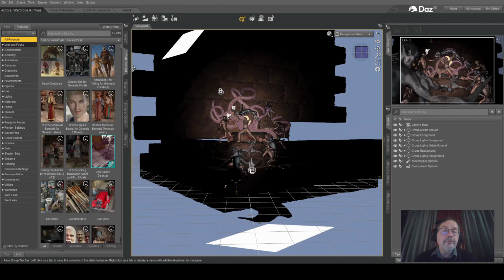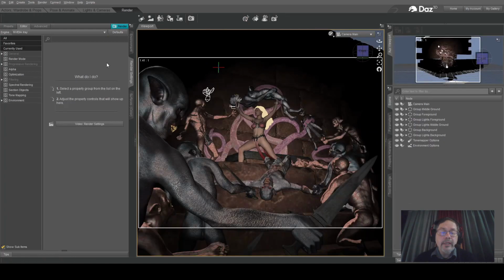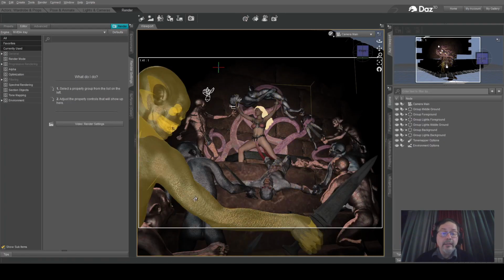Now, when I build a scene like this, I can then render it, and I usually render a picture in parts, so I don't render everything at once. I render the background as one picture, the middle ground as one, foreground as a third. I may split it into even more parts. And by doing that, it's easier for me to do post-processing of the different parts. I can treat them as separate objects later, as separate layers